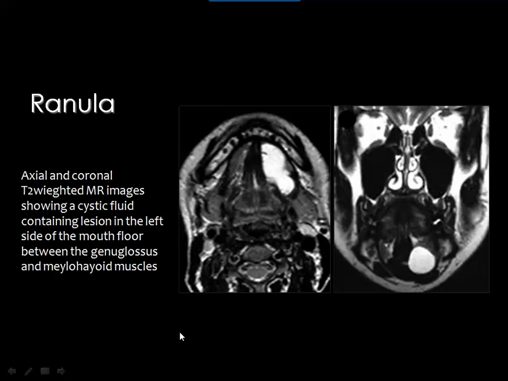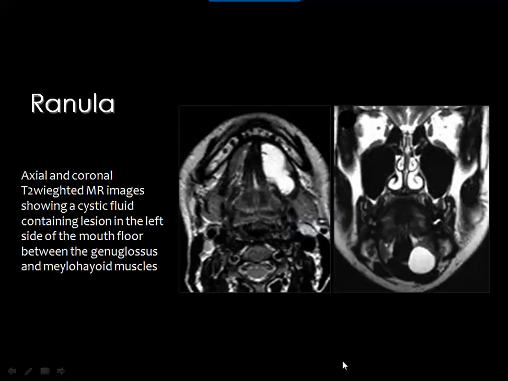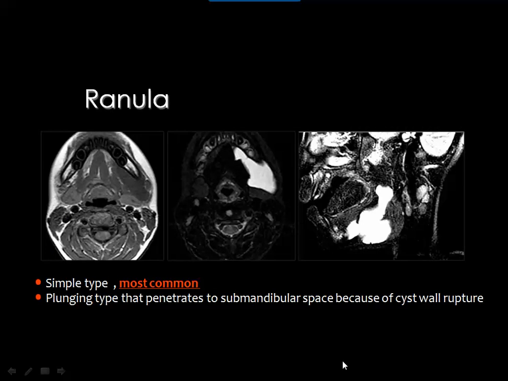Then ranula is a cystic lesion. By MRI, it will appear of low signal in the T1 and high signal in the T2 weighted image. This ranula is located between the GG, or the genioglossus, and the MH, or the mylohyoid muscle. Then the simple type is the most common, but the plunging type is that